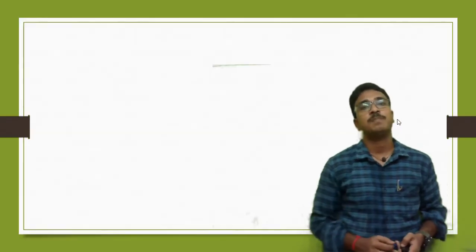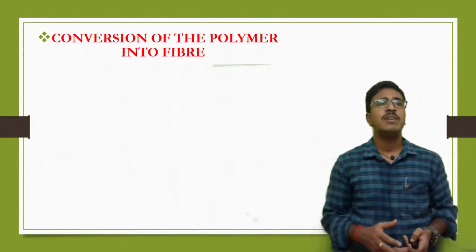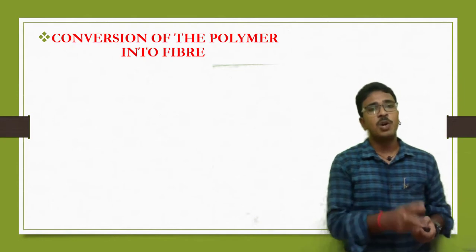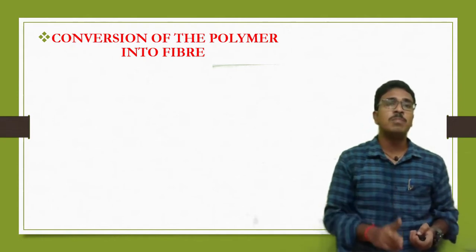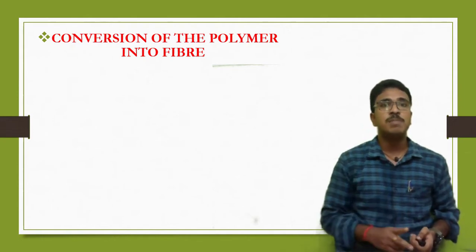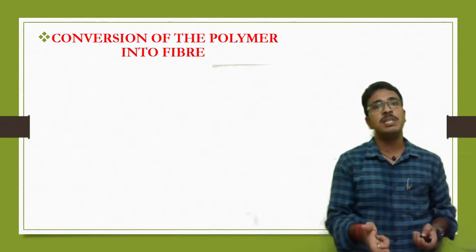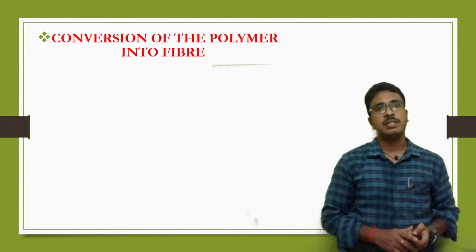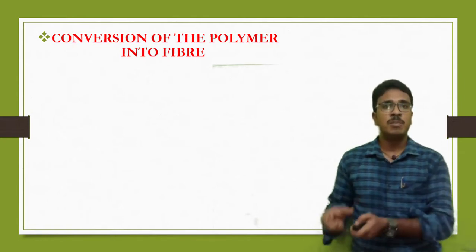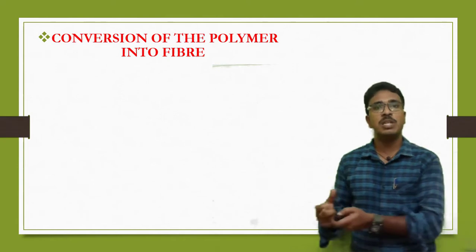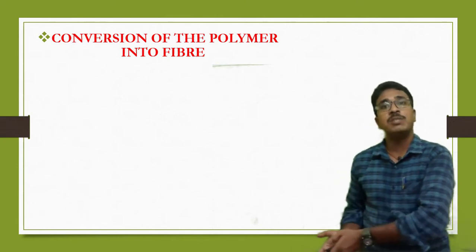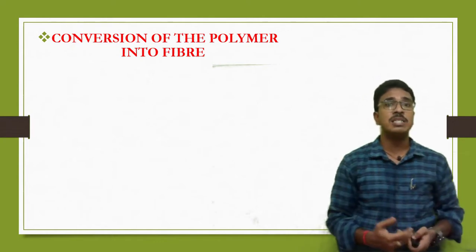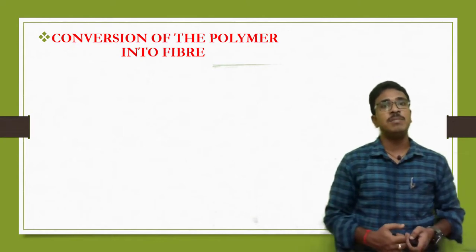So in these ways we are producing polymers. In the production of polymer, there are two important polymerization principles involved. One is addition polymerization and the second one is condensation polymerization. Depending upon the monomers we are selecting and the type of properties we are expecting from a particular polymer, we can produce it through either condensation or addition polymerization.